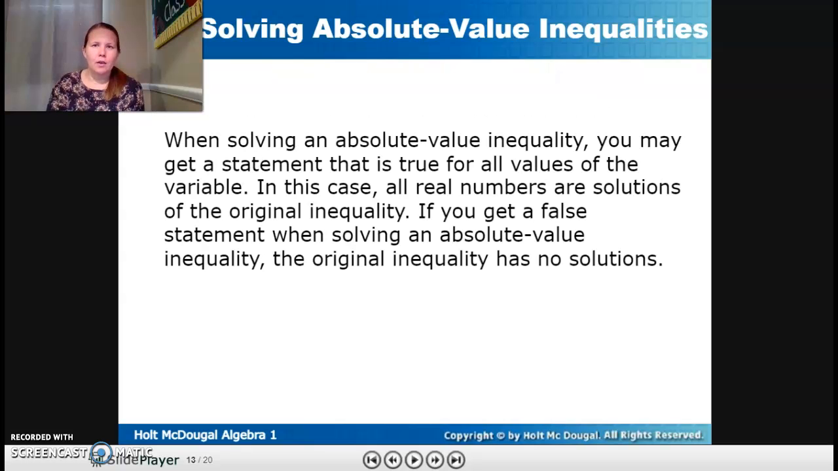One other thing I want to talk about that happens with your absolute value equations. It says when solving an absolute value inequality, you may get a statement that is true for all values of the variable. In that case, all real numbers are solutions, or infinitely many solutions of the original inequality. If you get a false statement when solving an absolute value inequality, the original inequality has no solutions. So we're running into this almost everywhere we go. We can run into one solution, no solution, infinitely many solutions. This is a big theme within algebra,